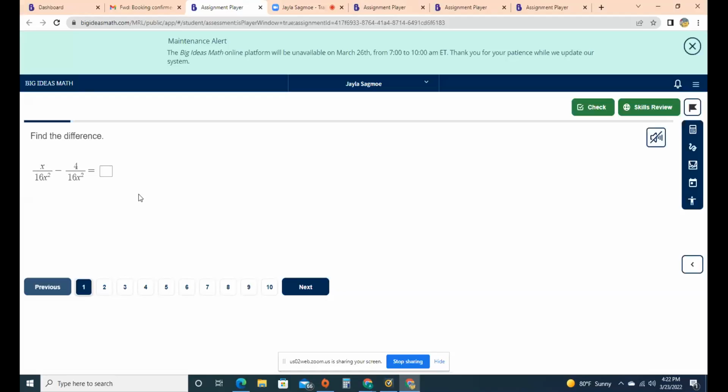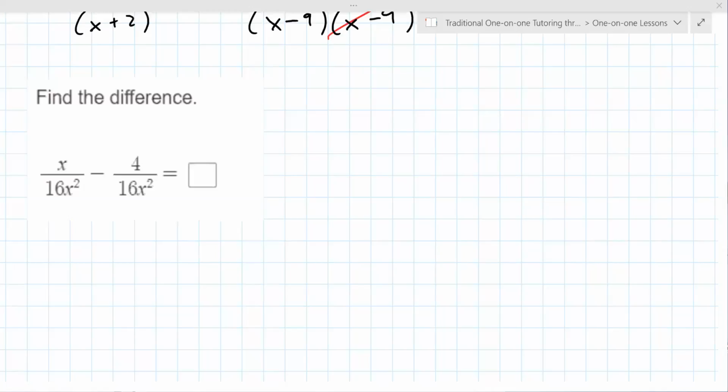Okay, yeah, we can do this. These are a little different. All right, let me share my screen. So the analogous problem here is